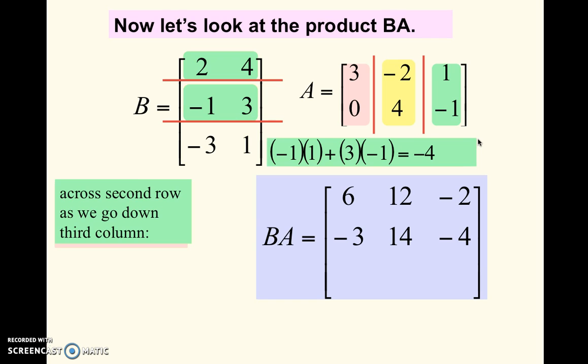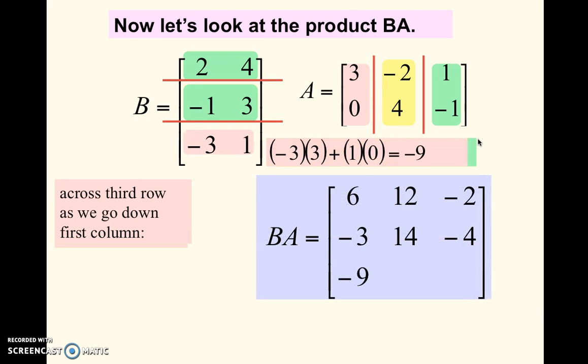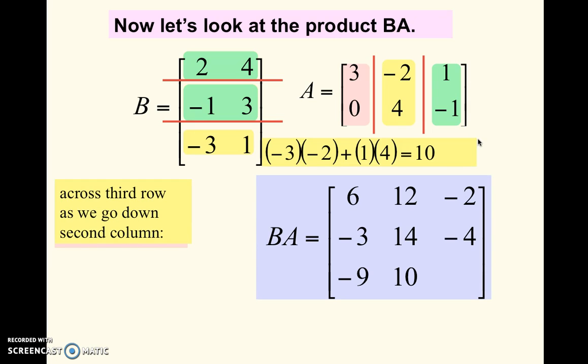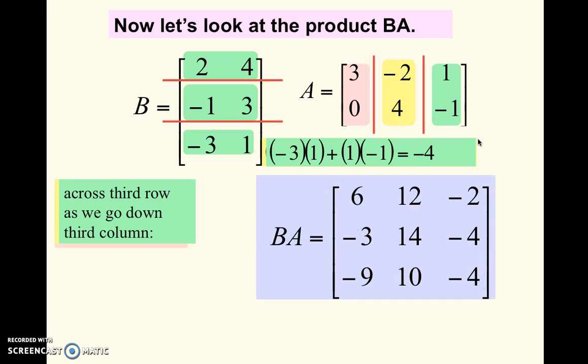So third and final row in matrix B, and we're going to multiply that down the columns of matrix A. So negative 3 times 3 plus 1 times 0 gives us negative 9. Negative 3 times negative 2 plus 1 times 4 gives us 10. And then finally we have negative 3 times 1 plus 1 times negative 1, which gives us negative 4. So our product of BA is a 3 by 3 matrix,